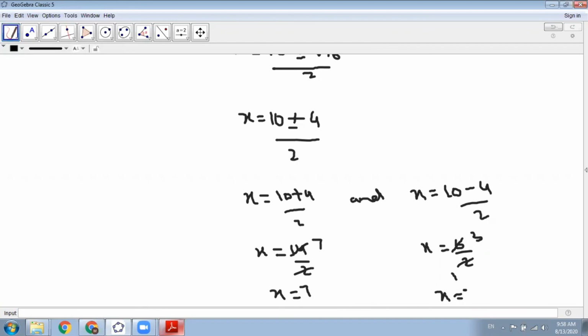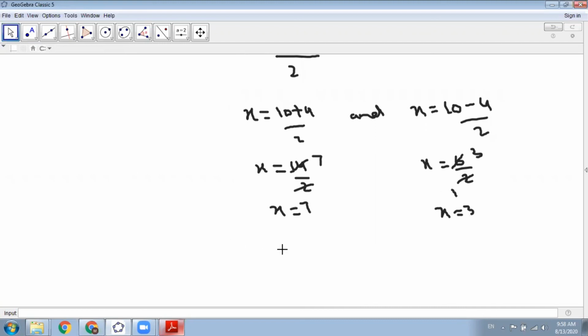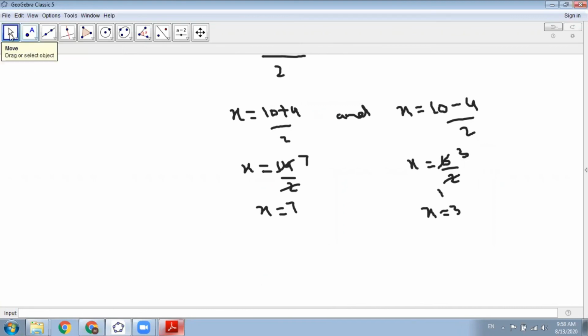So the roots of the quadratic equation are 7 and 3. So we can write 3 and 7 are the roots of the quadratic equation. Remember, a quadratic equation has two roots. So 7 and 3 are the roots of